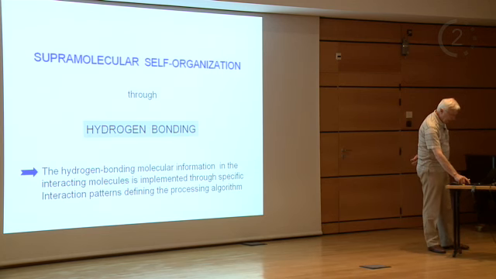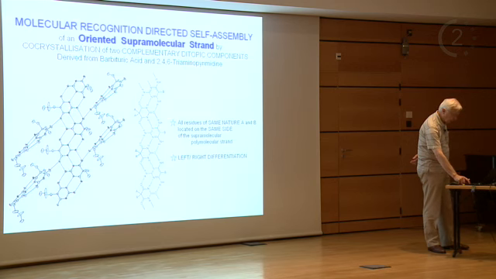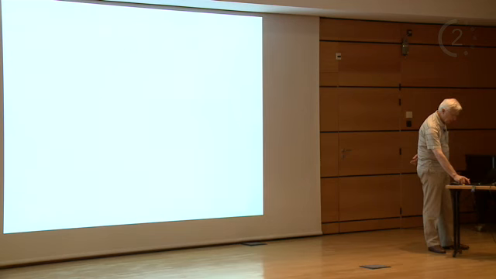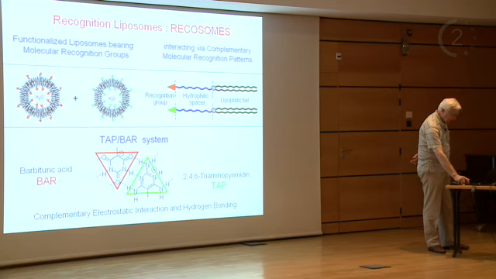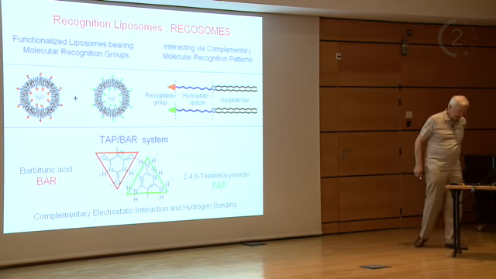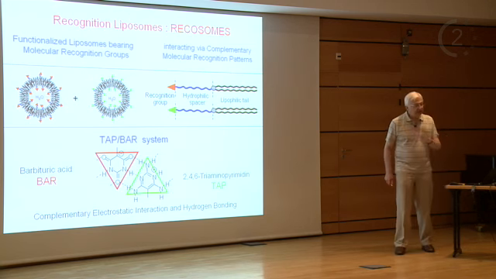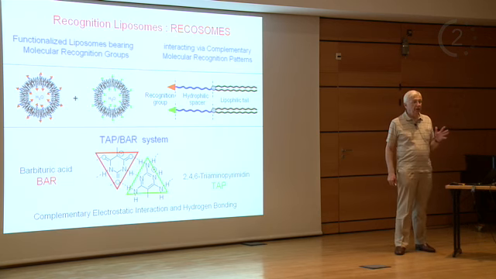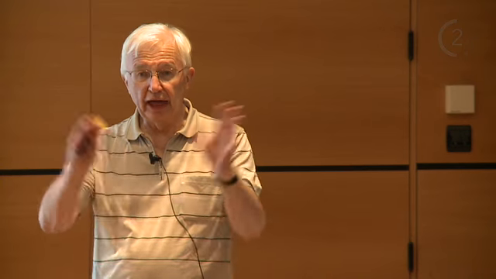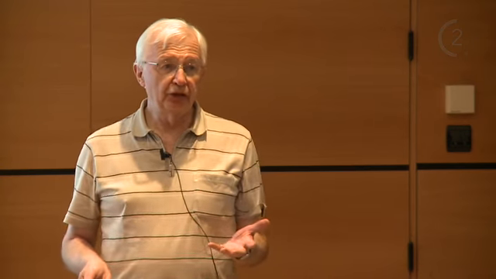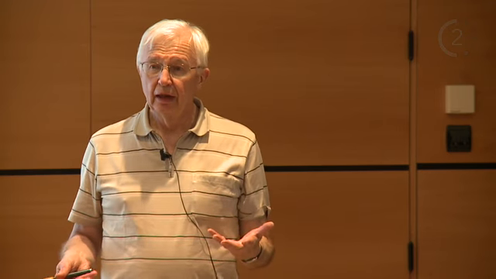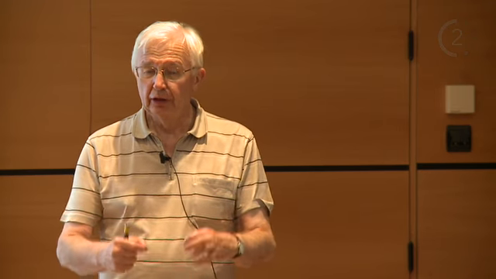Now, I think I'm going to drop the hydrogen bonding to not be too long. I drop this. And just to indicate that you can also, by molecular recognition, it is hydrogen bonding, but I want to insist on the fact that by using molecular recognition, you can also control the fate of large things. And one large thing of interest is, of course, a cell, how do cells fuse. Now, the fusion of